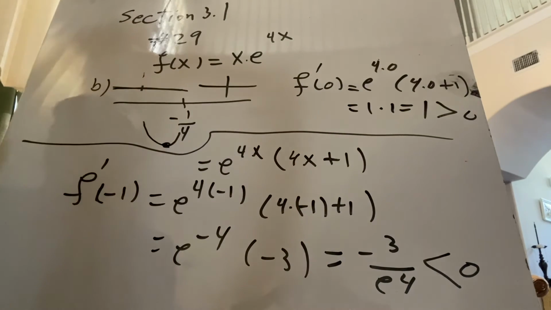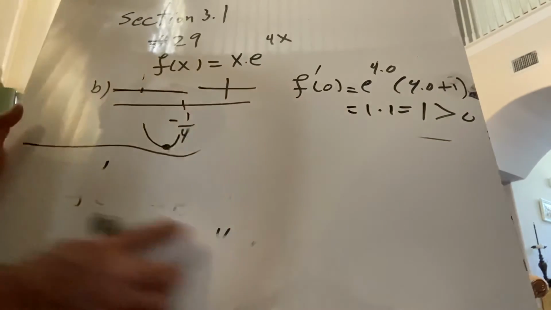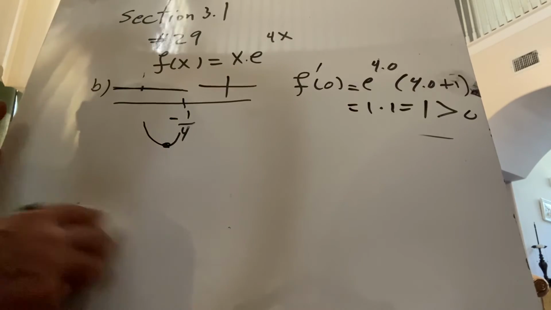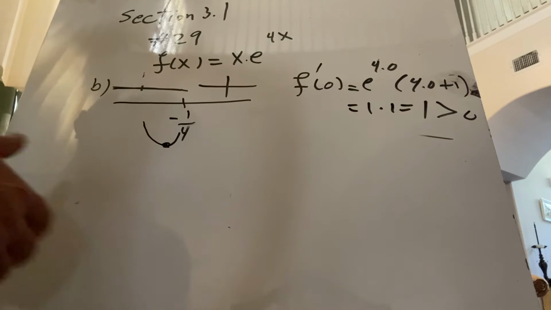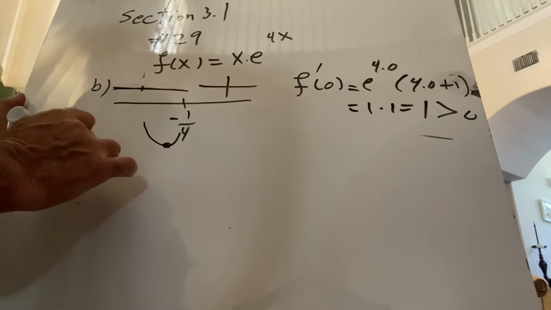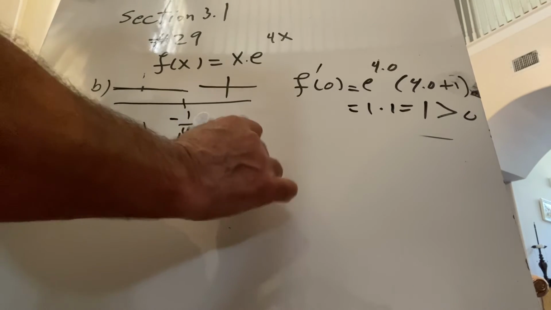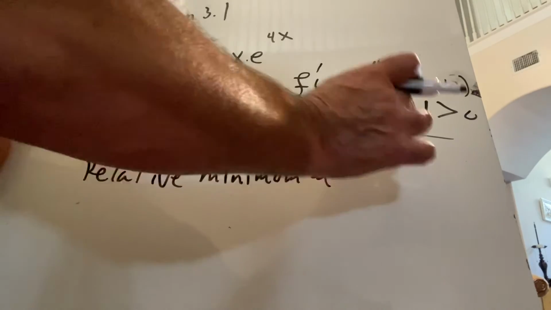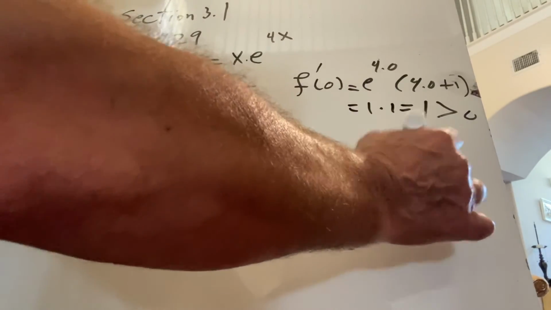Don't forget, that's when you go to the original function. So since we're done with the derivative, let me go ahead and find the exact point that will give us the local minimum. So we do have a relative minimum in this case because of, by the way, sometimes they call them local minimum, sometimes relative minimum. It's the same thing. So right now, we're going to say we have a relative minimum at, now we already know the x coordinate, of course, is negative 1/4, our critical value. Now to get the y value, which is going to be f of negative 1/4,